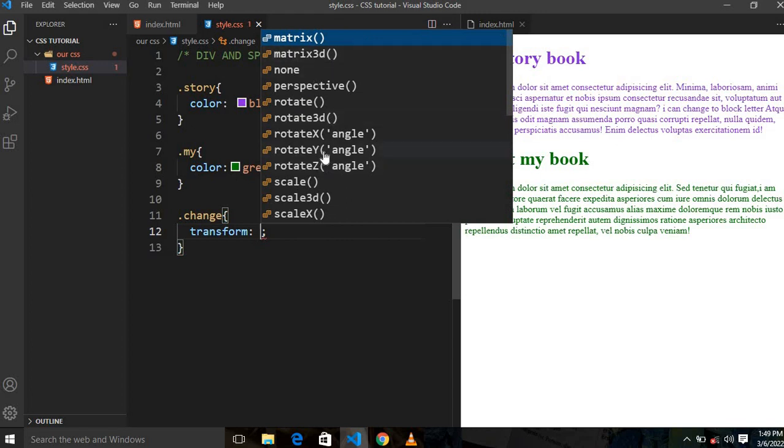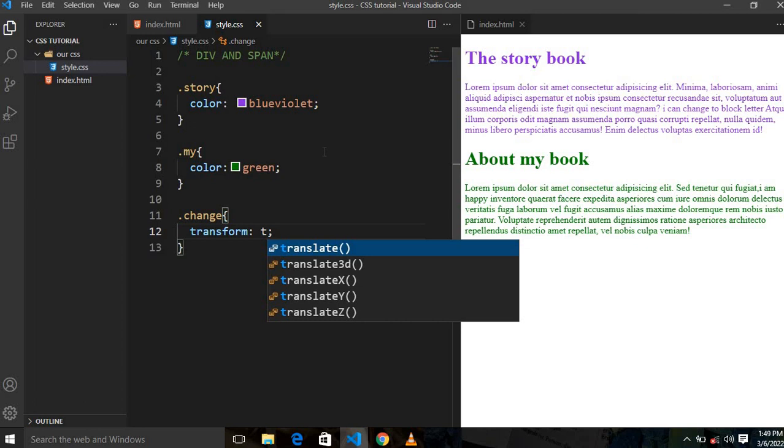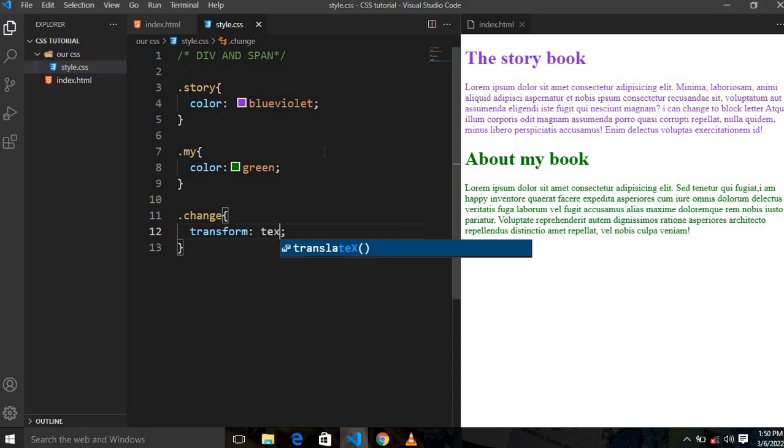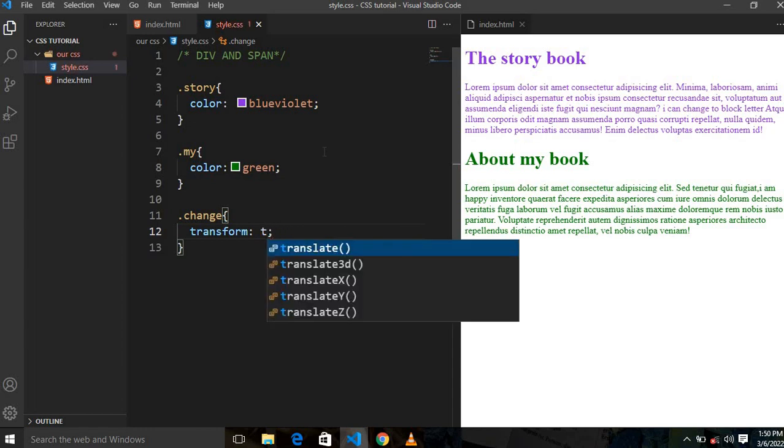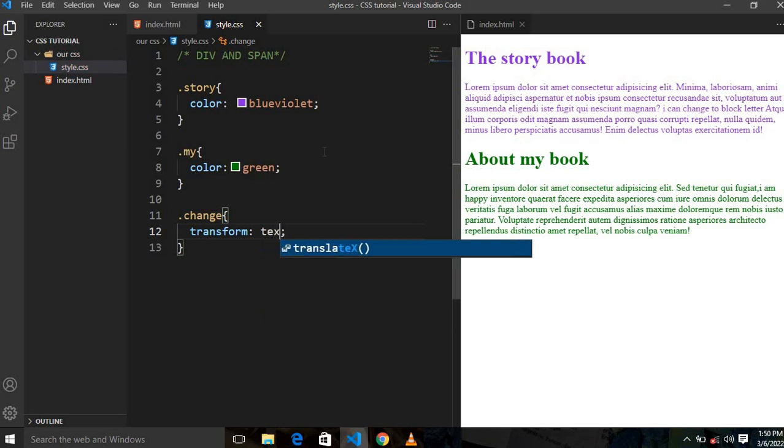I want to transform text. Transform text. It's not text. Let's tell. Oh, that's not what I want. What I want to do now, since what we write here, is